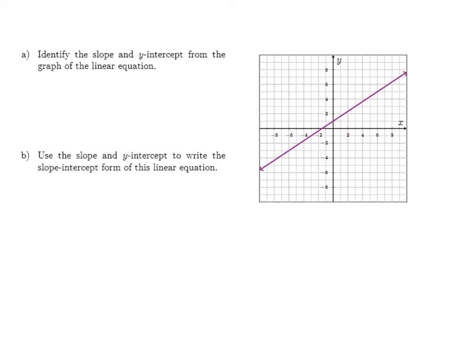The key thing we need to know here is that the slope-intercept form, in general, is y equals mx plus b, where m is the slope and b corresponds to the y-intercept. So looking at the equation that we see graphed, we want to identify the slope visually. So we need to see how this linear equation changes as we move from one point to another on that graph. So to start,